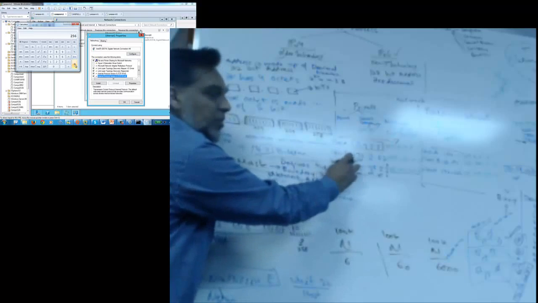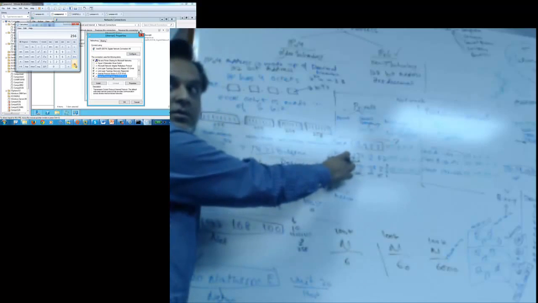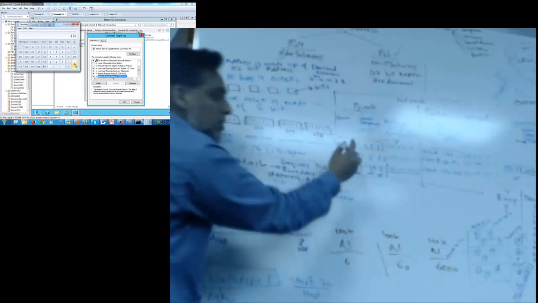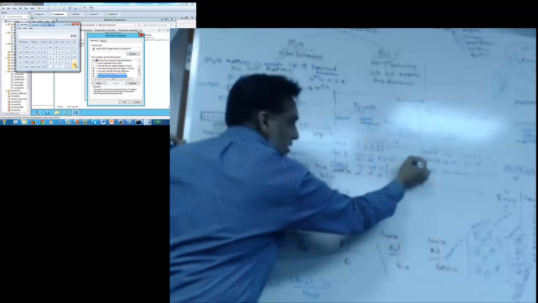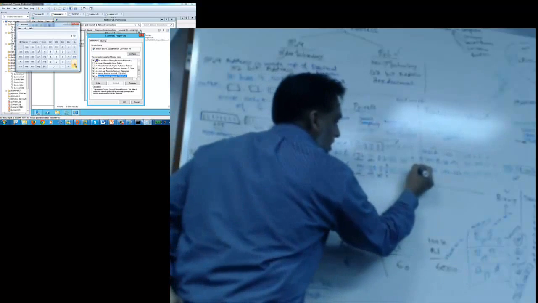Now, what is the reason why I am saying this is for a medium-sized organization? Very simple. Guys, in this case, how many parts are network? The first two. This is a network part, because the subnet mask here is 255.255. And the total number of host IP addresses I can have in this is 2 raised to the power 16. So I can,